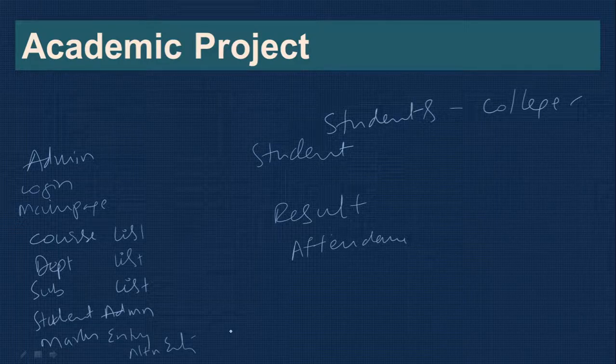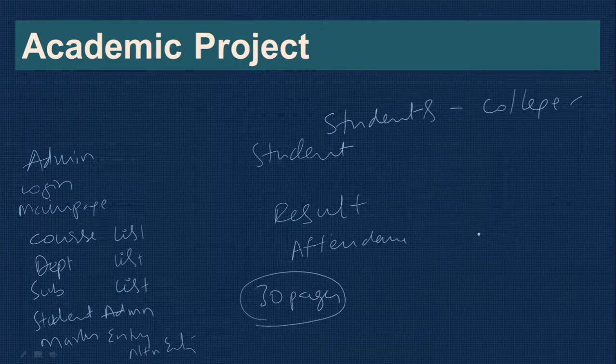As an entry level project, we have to make at least around 30 forms or 30 pages. That is the general requirement of most universities. If the need is more, naturally you need to increase the number of pages. In that case, if you watch more videos from our channel, in each video we explain one or the other concept, so very common concepts you can adapt to this project too. For example, send message, view message, and FAQ, the frequently asked questions. All this kind of stuff is required in an online project, so you can adapt it.